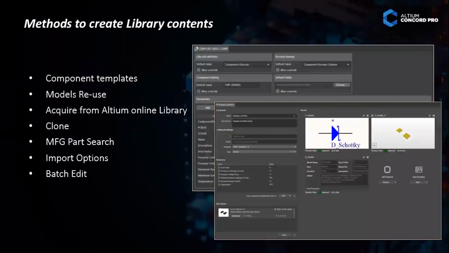Okay. So what methods are there to create your library? If you're already using schematic library or PCB library, you can use the wizard options, like the IPC compliant footprint wizard and other batch generators. And for the schematic symbol, there's a simple wizard to create it quickly. And from the Excel sheet, we can copy and paste. So apart from that, what does Concur Pro offer to create the library quickly?